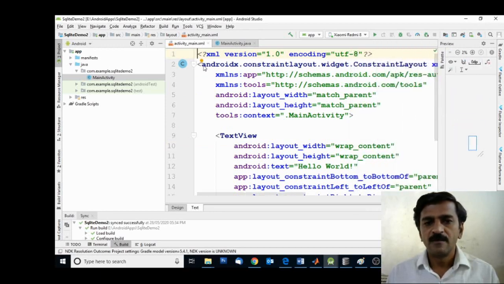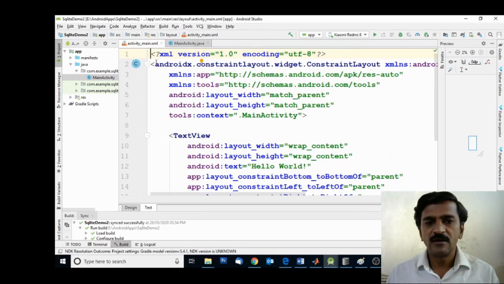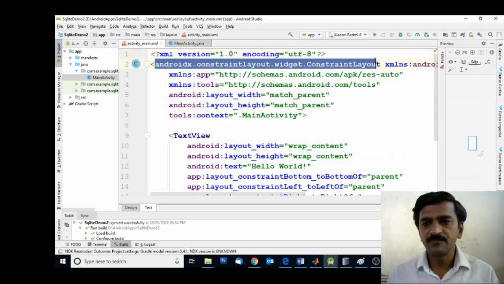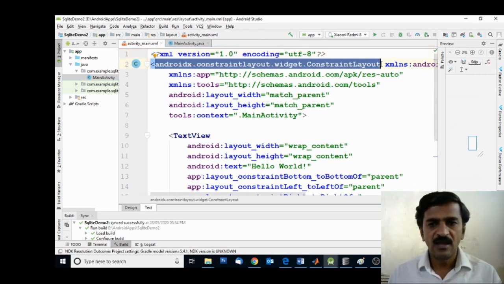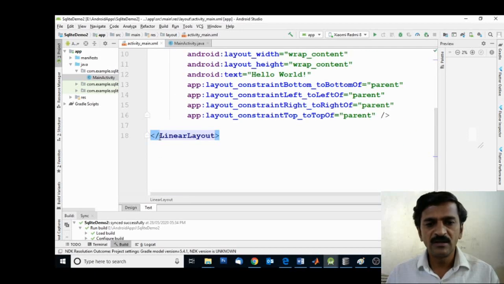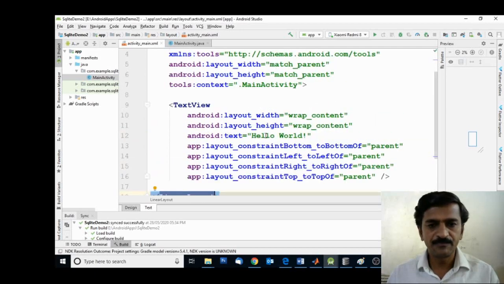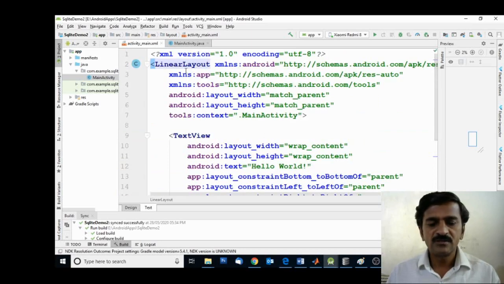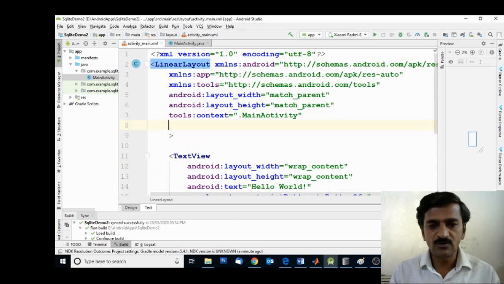Then first I'm going to create a linear layout. So I am deleting this, selecting this and simply adding a linear layout. Once the linear layout is added, we have to specify the orientation of this layout.